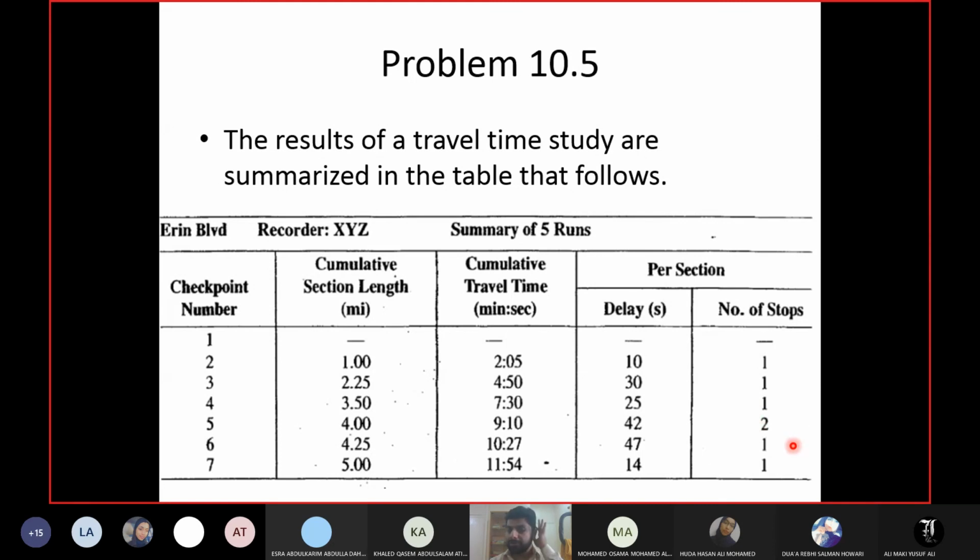Now, first of all, you see the travel time is given cumulative, and it is in minutes and seconds. So first of all, what I will do is calculate the travel time for each section. Also, I will convert the travel time completely into seconds, not minutes and seconds, because then obviously you cannot add and subtract properly. You need to divide and multiply, and to calculate the speed and so many things. How do you do that if the travel time is in dual units? You need 1 unit, right?